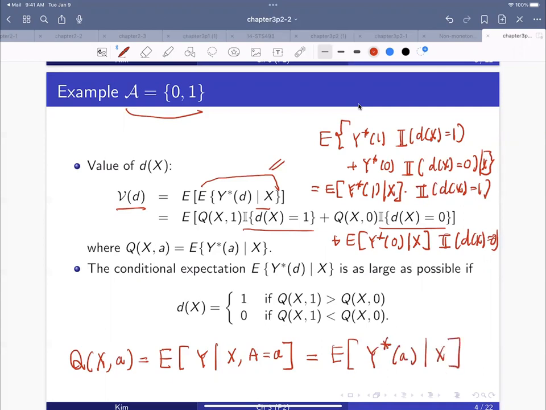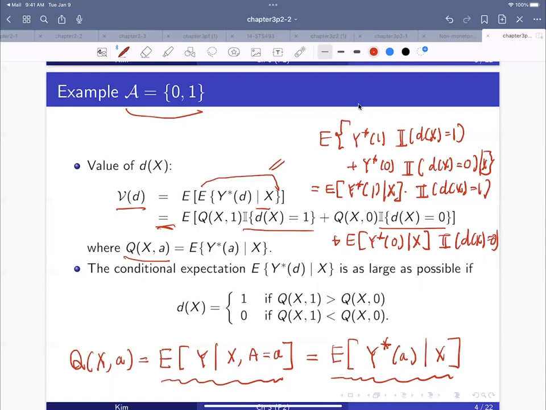The first expression is in terms of the observed data, while the second expression is in terms of the potential outcome. But they are equal. That's why we get this equality, right? So if this function is known,